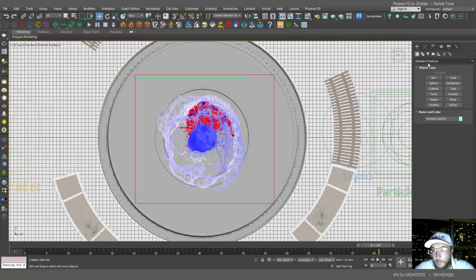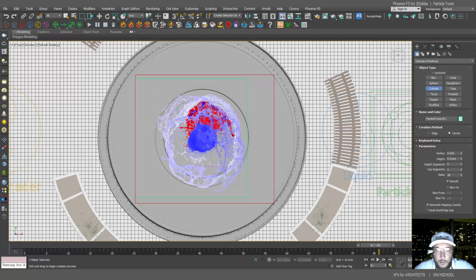So I'm gonna go in my regular standard primitives. I'm actually gonna choose cylinder. I can put a box here, but since we have a circular water fountain, I'm gonna use a cylinder in order to limit this. So I'm going to create a cylinder like this